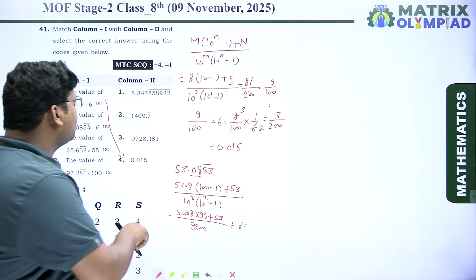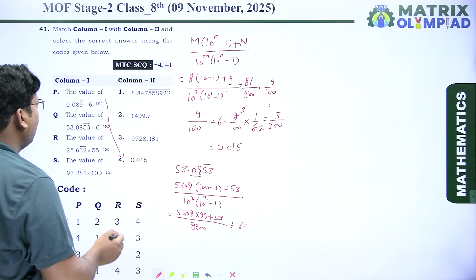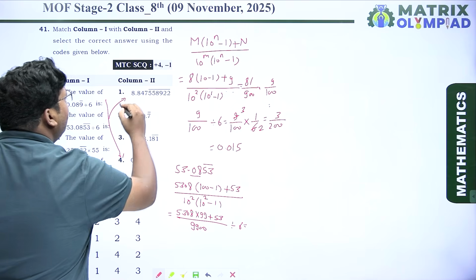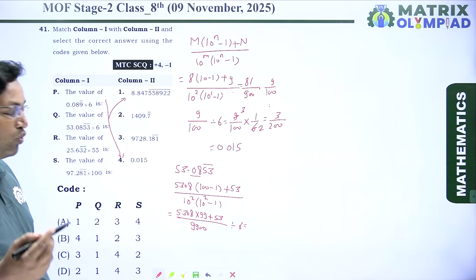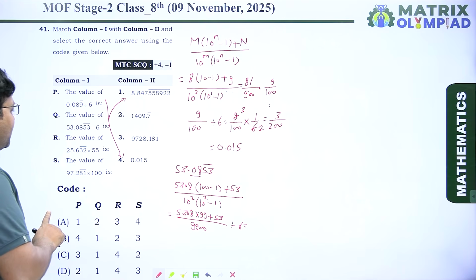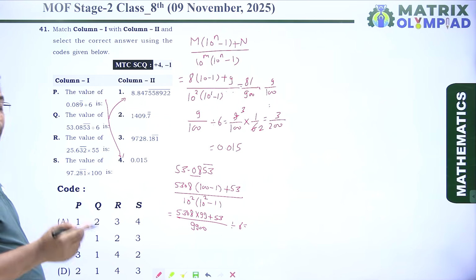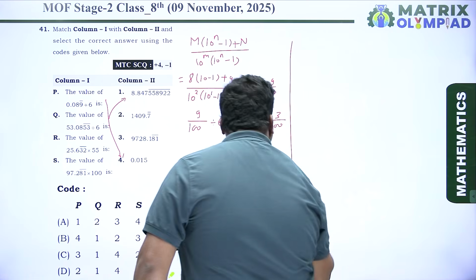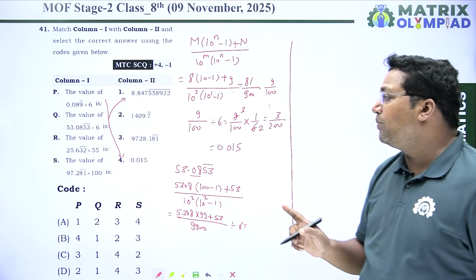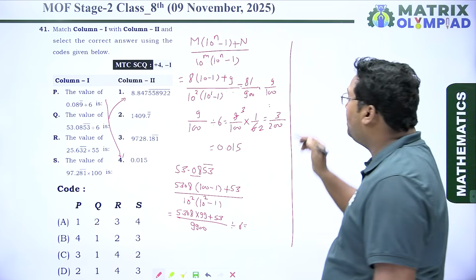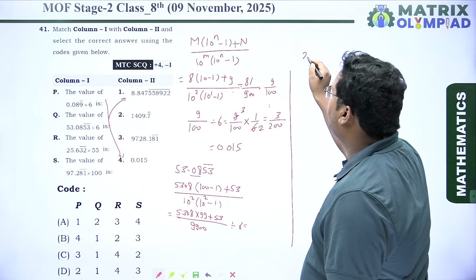So again when we solve this part, we can get the value of this as 8.84755892 bar. Now the next number is 25.632 bar into 55. So again we have to convert 25.632 bar into a rational number. So this number is